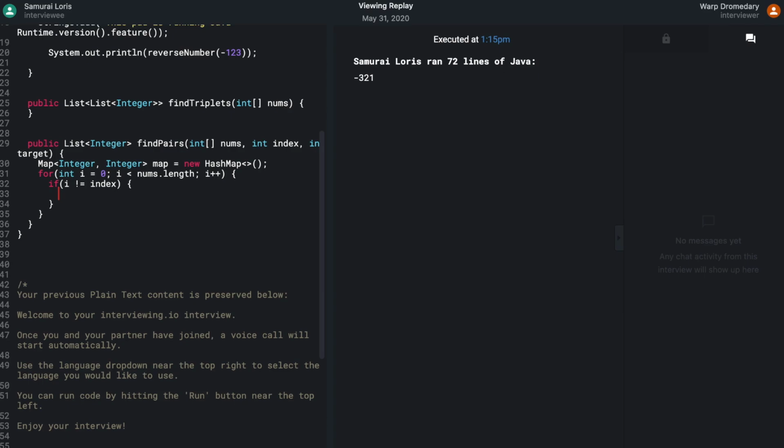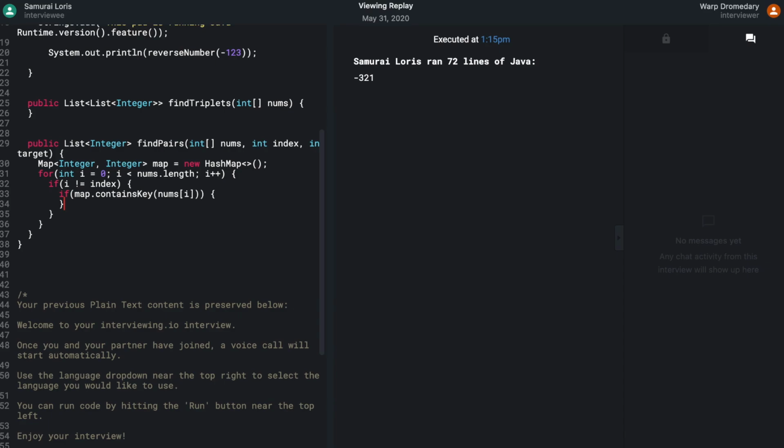If map dot contains key of... Oh, so you want to return the numbers, right, and not the indices here? Okay, that's cool. If map dot contains numbers i, which means that my